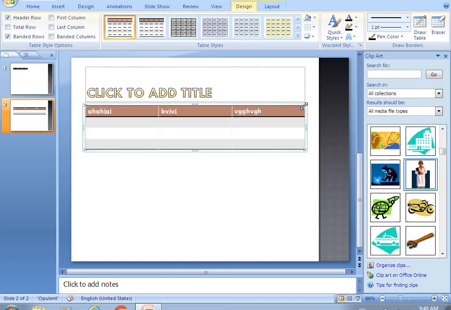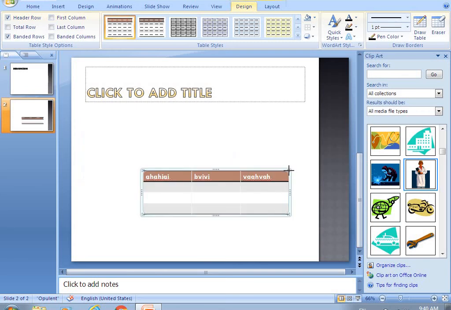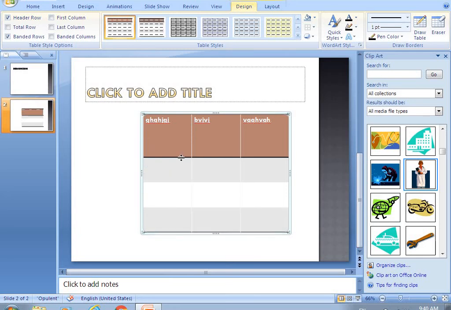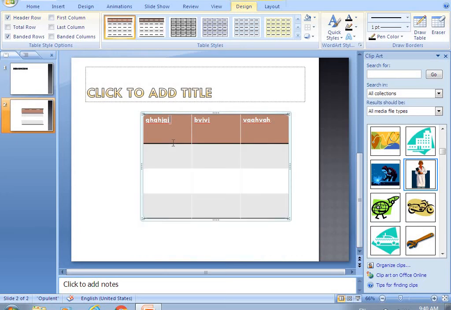And if you want to resize this table, you can also do this. You can make this larger and smaller also. You can change the color of a table, you can also change the font of your table, you can change also the size of your table, you can resize this also. You can make it bigger or smaller.